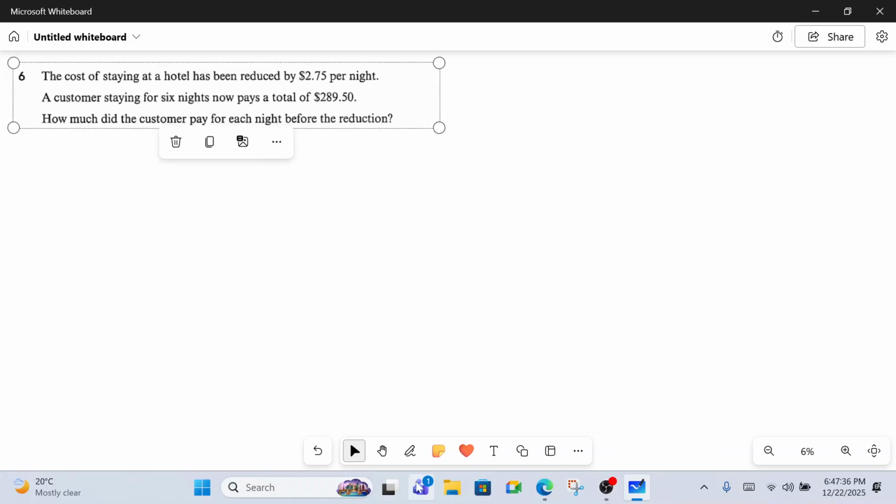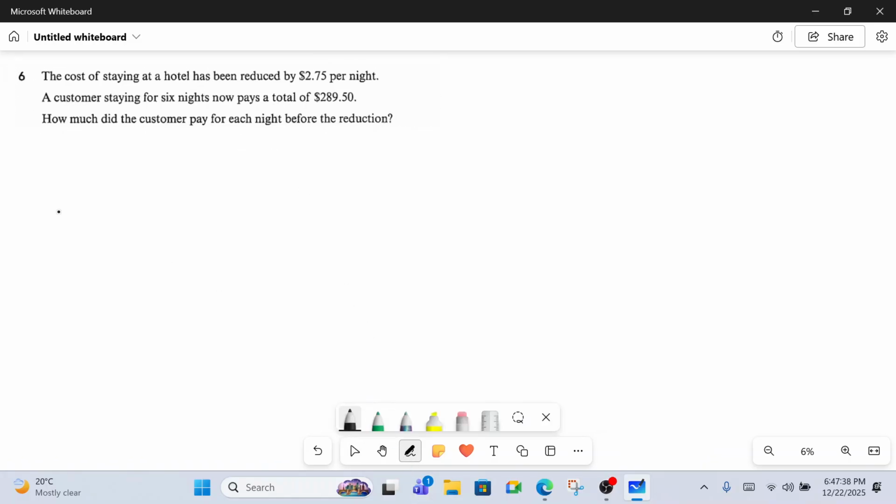So let's read the question out. The cost of staying at a hotel has been reduced by $2.75 per night. A customer staying at the hotel now pays a total of $289.50. How much did the customer pay for each night before the reduction? Okay, so the answer to this question